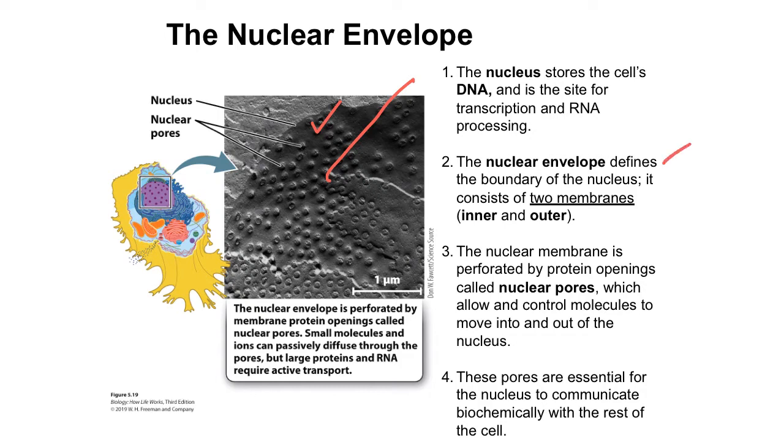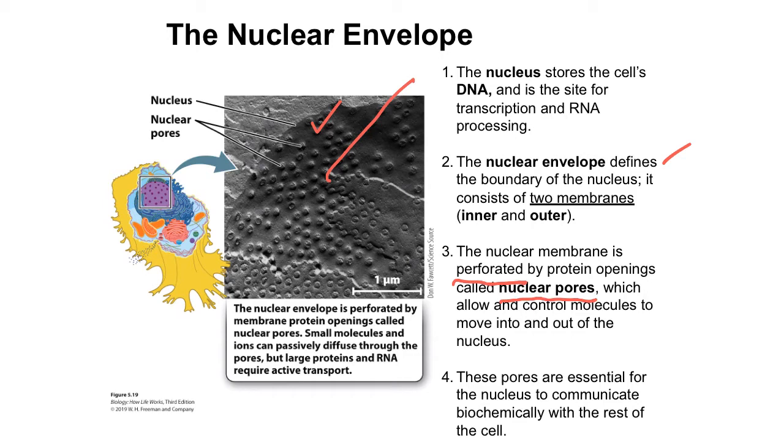So the nuclear envelope consists of two membranes. It's very interesting to take note of that. There's an inner membrane and an outer membrane. Each of these membranes is made of the usual phospholipid bilayer. What is intriguing is that as you look at this figure, the nuclear membrane is perforated by protein openings called nuclear pores. Very important for you to remember that, which allow and control molecules to move into and out of